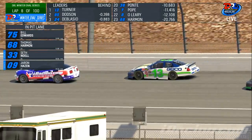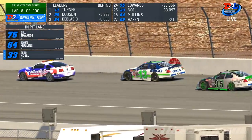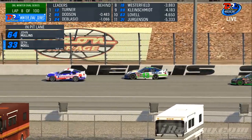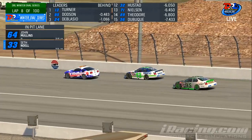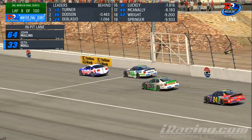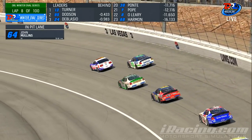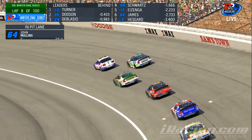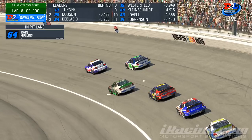And welcome back, ladies and gentlemen, to the Las Vegas 100. After that little commercial break, we are just about set to go green as they are still pacing. Pace car still has the lights on, so we still have at least one more lap to go. Lap 8 of 100, we saw Jonathan Schwartz lead. We saw Carl Dotson have the lead up until that caution came out, and then most of the leaders did pit. So we are now up to date after that incident involving Matthew Pont and I believe it